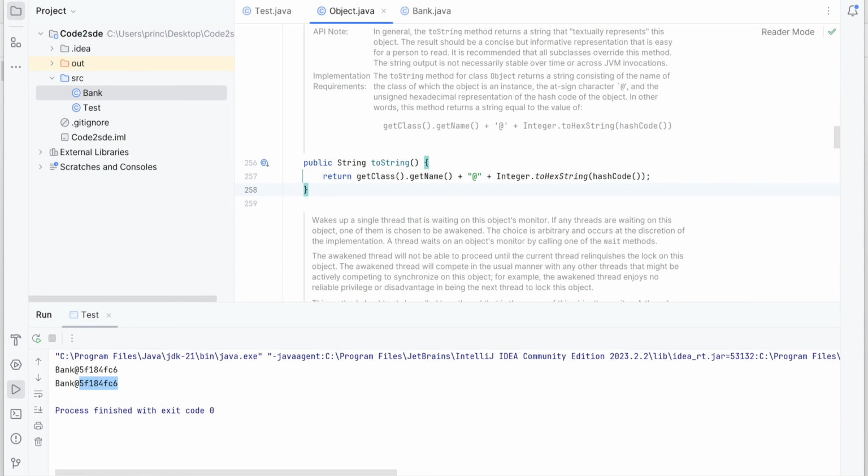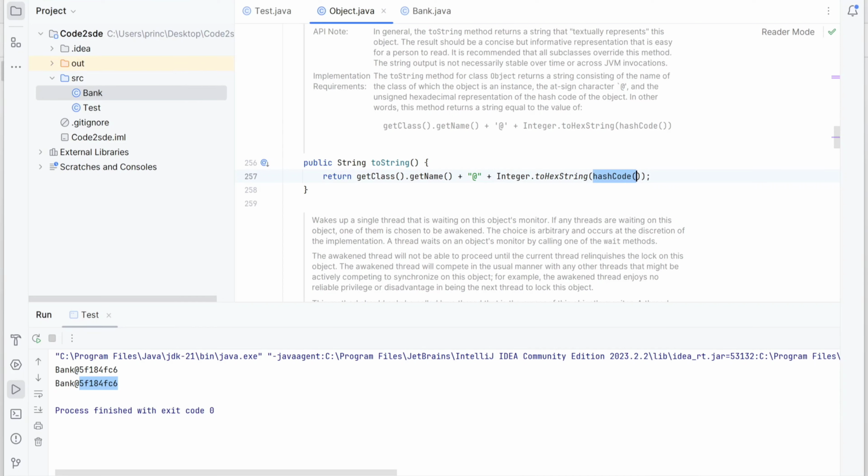Now you must have one question in your mind: what is this hash code? Every object in Java is stored in memory, and that memory address the Java compiler internally converts into some integer value, which is called the hash code. It converts that memory address using some algorithm, and that integer value is the hash code, which is used to store the object in collections like HashSet or HashMap.